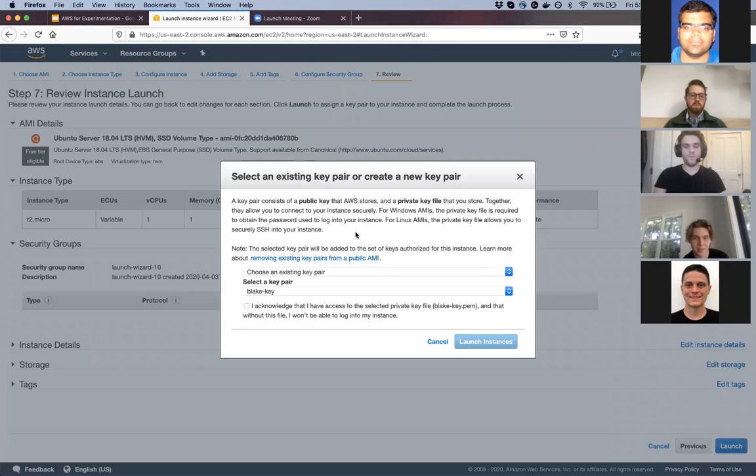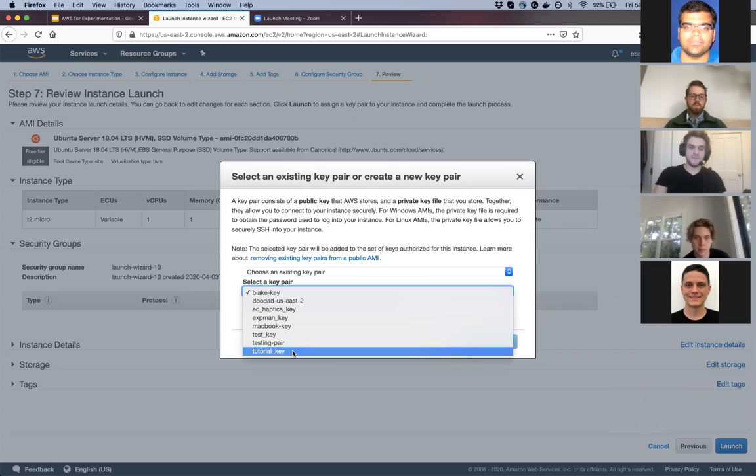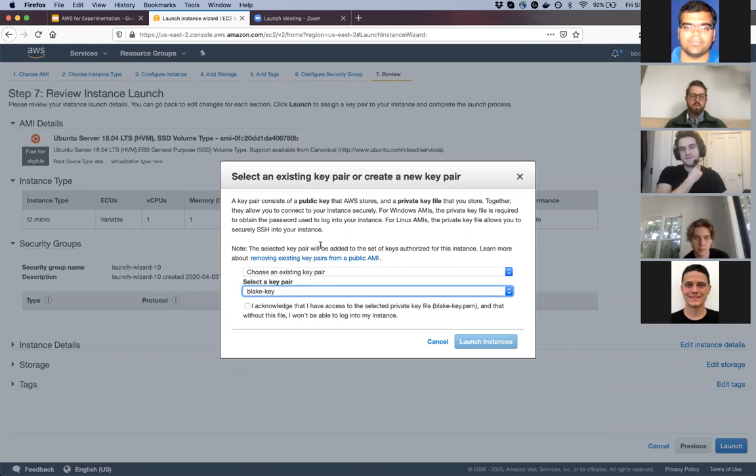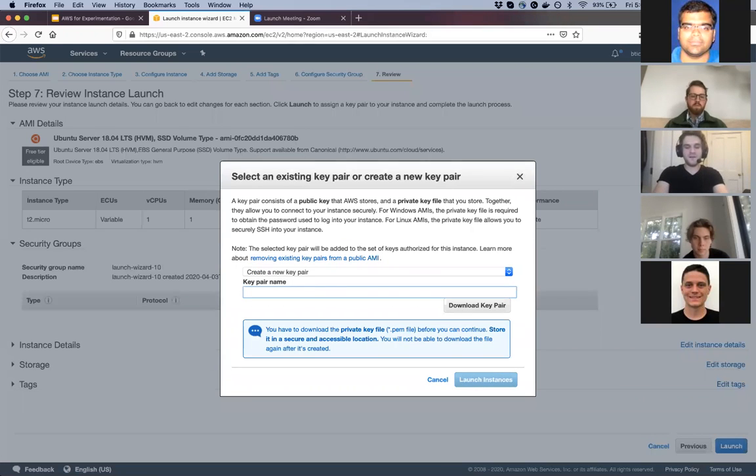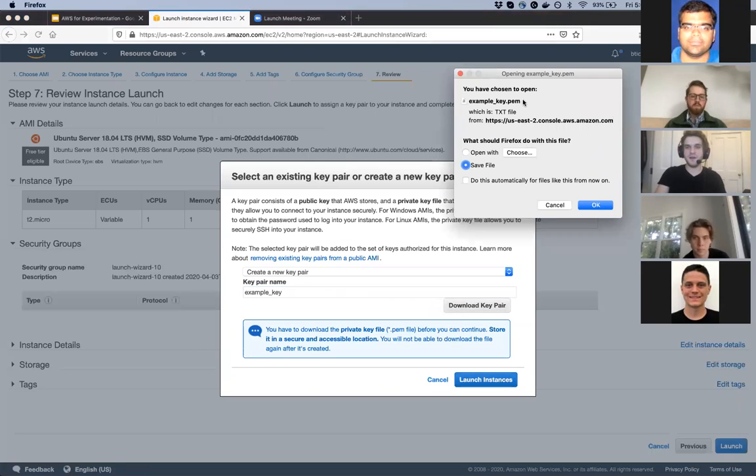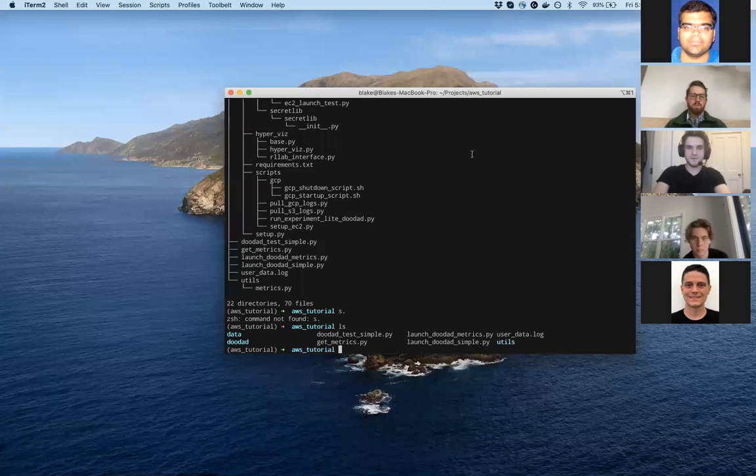When you create an instance for the first time, you are going to be asked to select a security key. You can either use an existing key, or you can create a new key for this instance. When you create a key, just for explanatory purposes, I will do so. You create a key, you give it a pair name, like example key, and you have to download this. This will give you your private key that you will use to SSH into any of your instances from a remote console. You will save this, and then in your console,